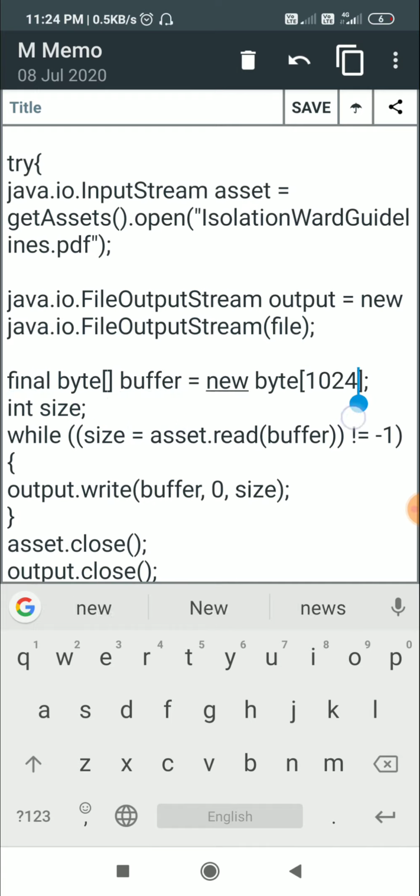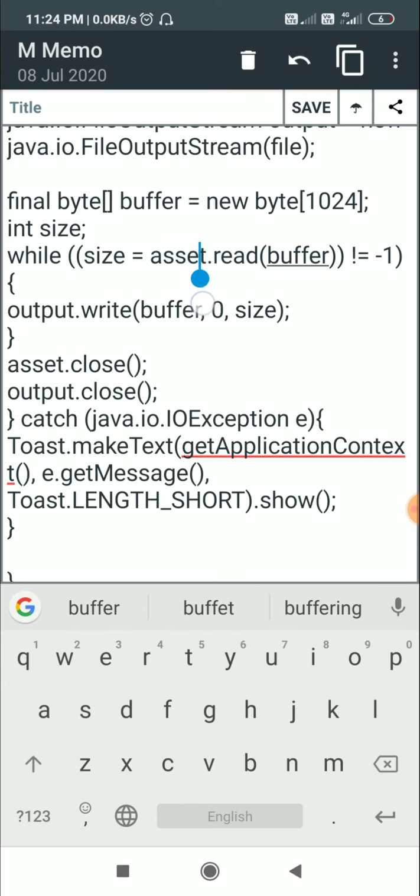the source file in the assets folder to the destination file in the external cache directory. So here is this code, while size is equal to asset.read(buffer). So asset is the input stream which will read the buffer, which is the byte array.